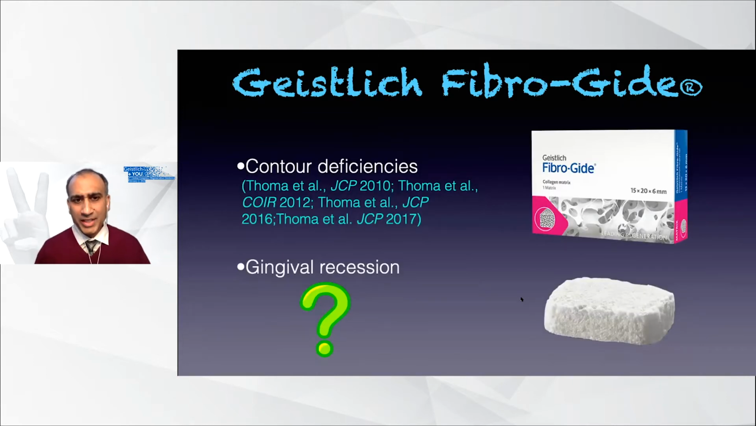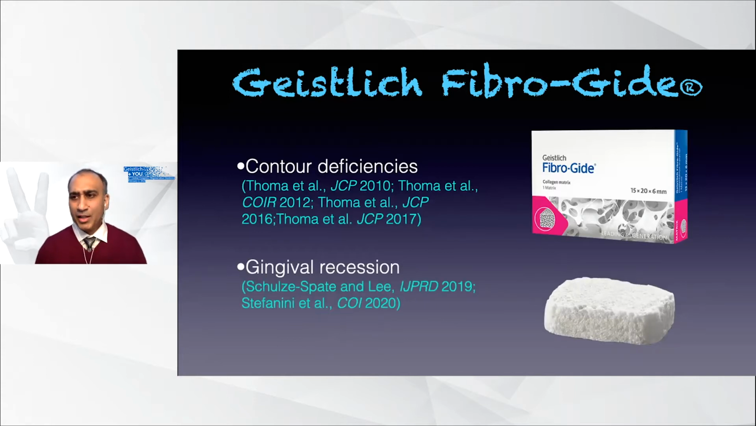Now, this product was indicated for really treating buccal contour soft tissue deficiencies around dental implants, as Dr. Linkevicius and Dr. Levine have so elegantly shown in their presentations. It was also indicated for gingival recession, but in late 2018, when I was introduced to this material, there really wasn't any literature support looking at the use of Fibro-Gide for root coverage procedures. In fact, it wasn't until late 2019 and mid-2020 that the first couple of papers came out looking at Fibro-Gide